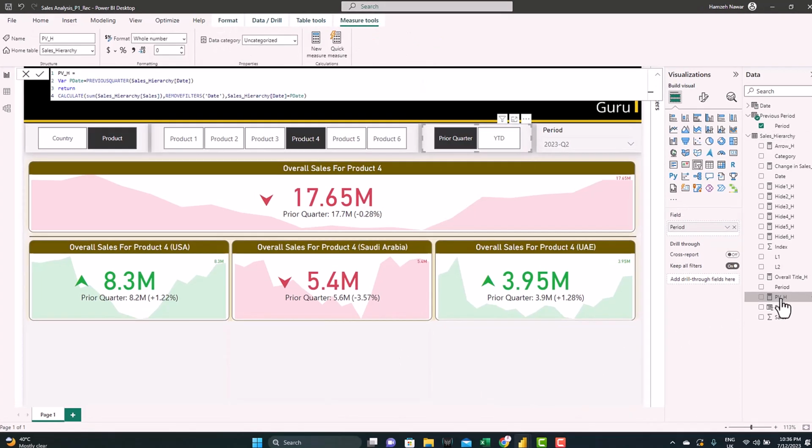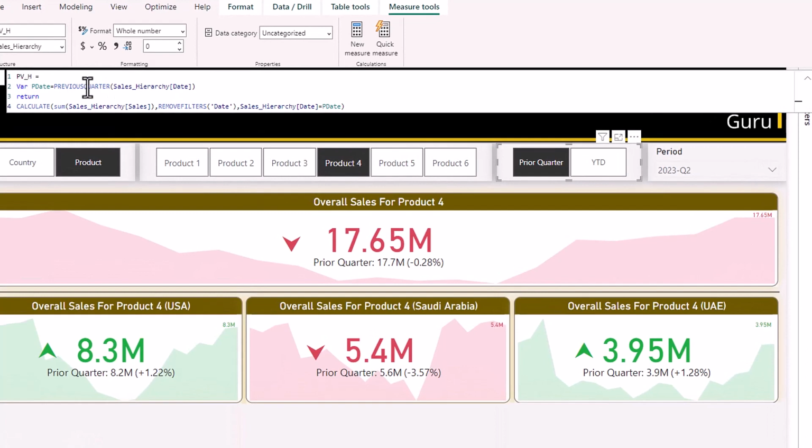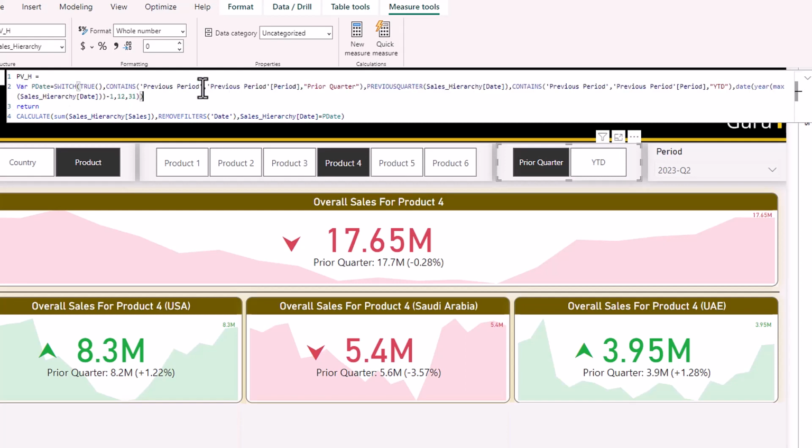Then we'll go to the previous value measure we created in the first part, and as you can see here, we defined a variable for the previous date based on the previous quarter. So we're gonna replace this variable with a new variable that will switch based on the selected period. So if the period is prior quarter, we'll have the prior quarter to calculate the previous quarter value based on